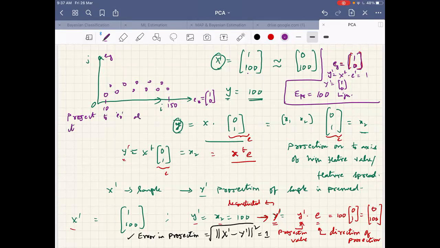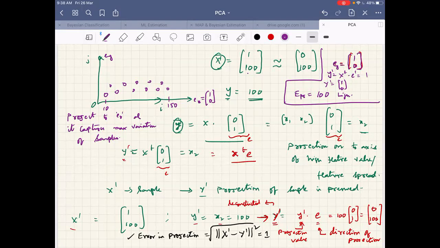Direction as it captures what? I need a very good word here. The direction of variance. Yeah, maximum variation of samples, that is, variation across all samples. That's the direction we catch and try to project. If there is no clear such direction, it's okay, you can project on the Y direction or the X direction. But if there is a direction in which you have a maximum spread or variation of samples, then it is preferred to project onto that direction. Is it fine or not?